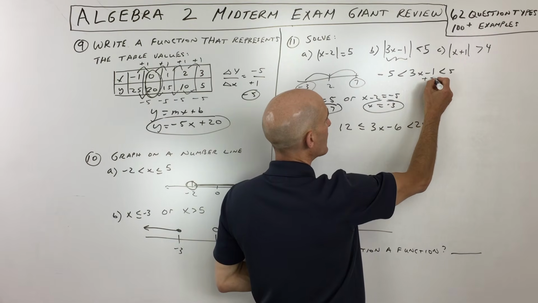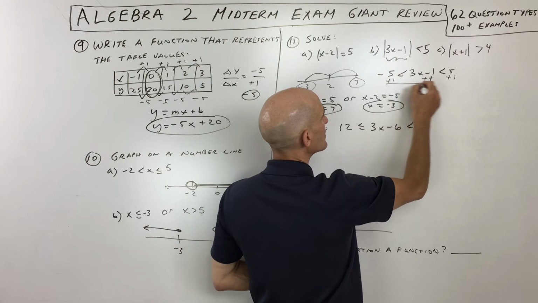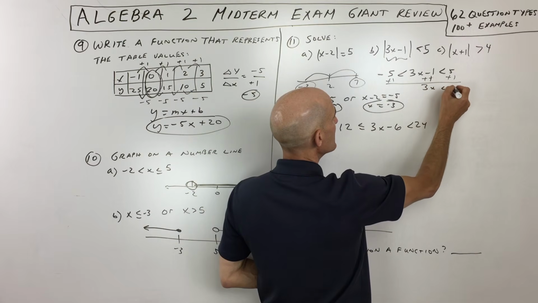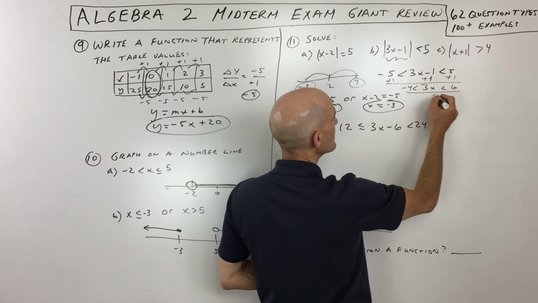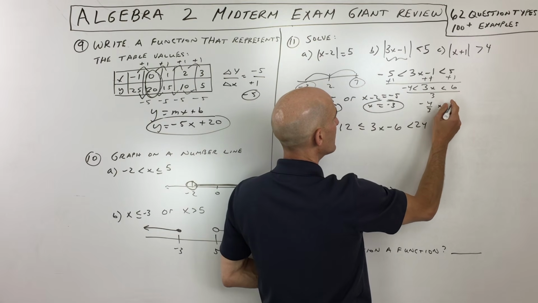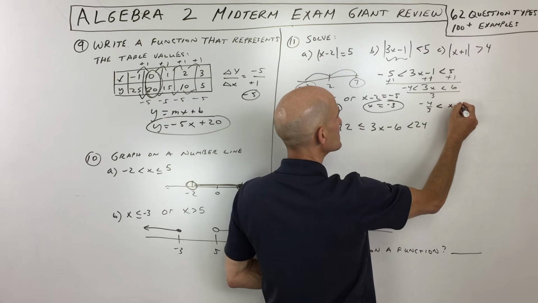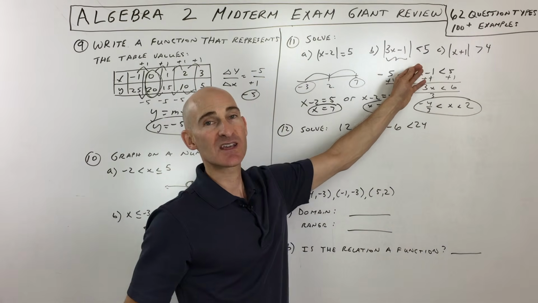And the way I would do that is I'd add 1 to the middle, the right, and to the left. Okay, so if we do that, we get 3x is less than 6 and greater than -4. And if we divide everything by 3, left, middle, and right, we get -4/3 is less than x is less than 2. So with less than, again, you want to treat that as a compound inequality.